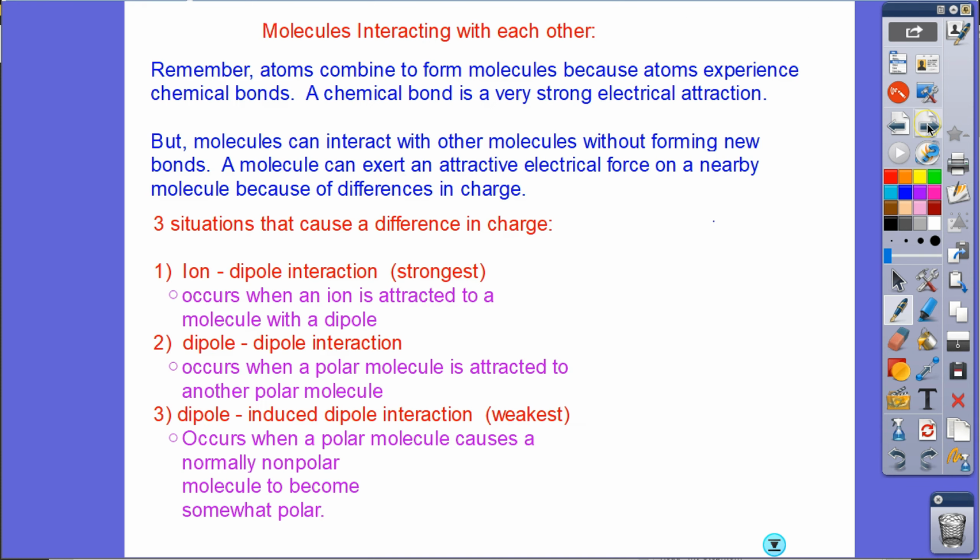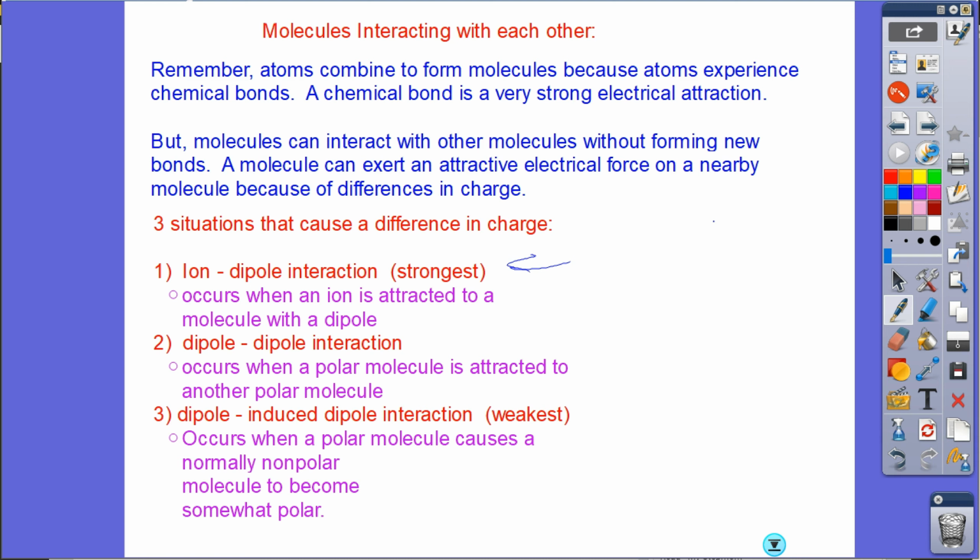All right, moving on. Here are the three ways that matter really is held together. Bulk matter, well, actually not metals, metallic bond is not in here, but bulk matter is made up of molecules being attracted to other molecules. The strongest way that a molecule can be attracted to another molecule is ionic. That's the strongest. That occurs when an ion is attracted